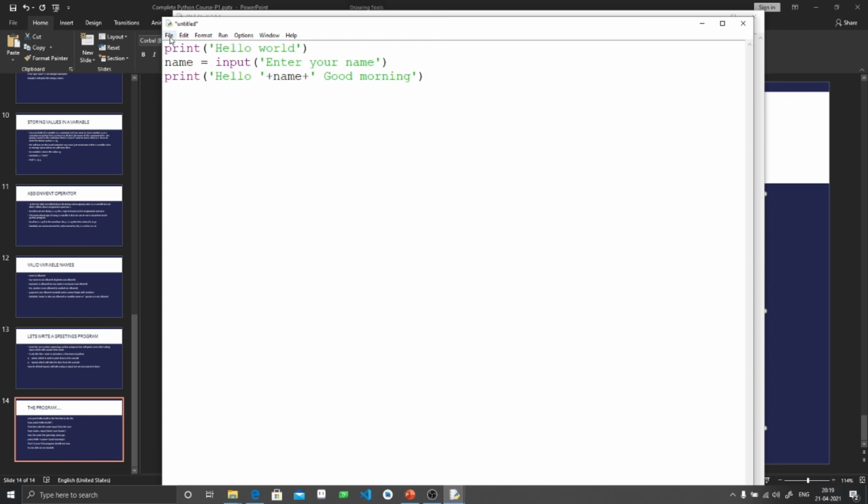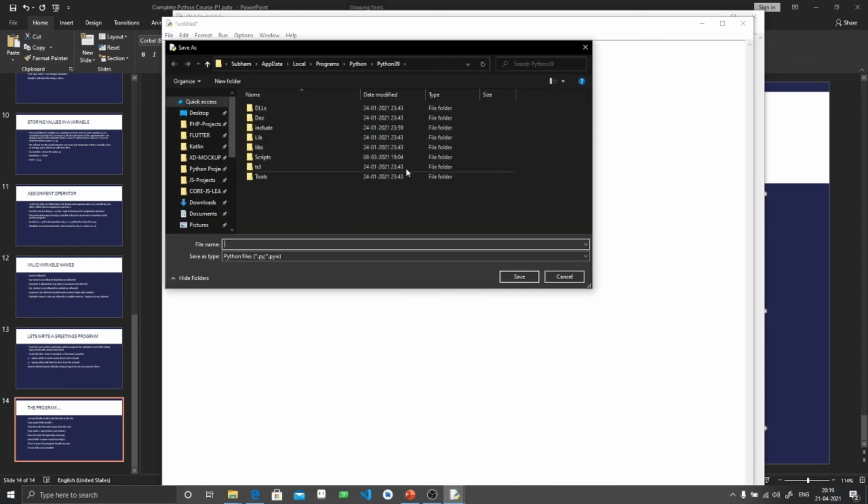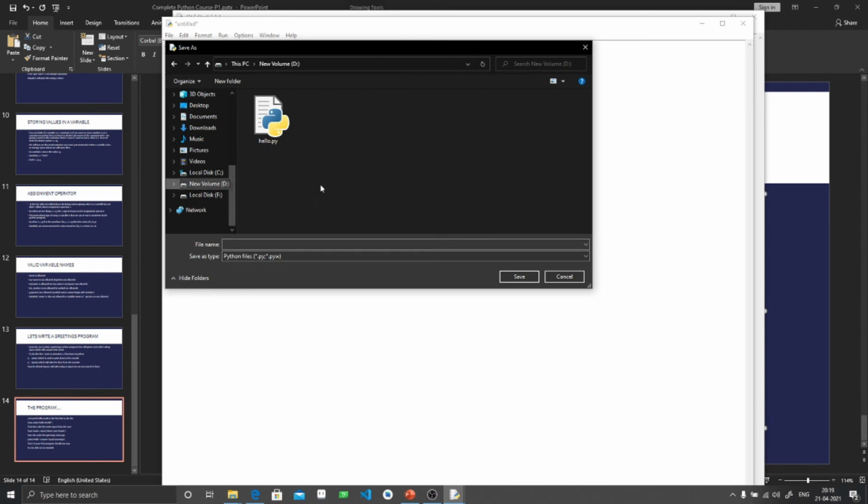What we have to do is first save the program. In order to save the program, we will save it as a .py file. In my case, I am saving it as greetings.py. py is the extension of Python.